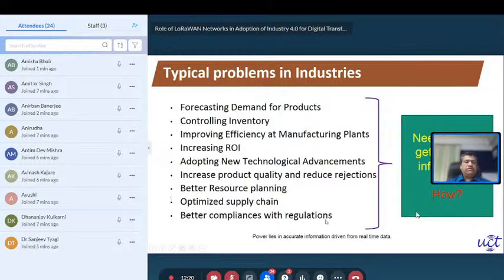Better compliance with regulations. So this is also a very important aspect now under the Paris Agreement. All the industries across the globe have to be very compliant with the regulations. They should use water and do carbon emission within a limit. And every country has a mandate that they would be carbon neutral, zero emission by some date. Like in India, India has a target that by 2070 it should be totally carbon free.